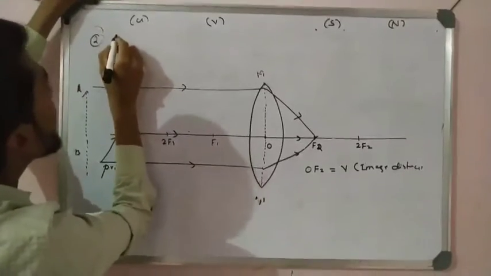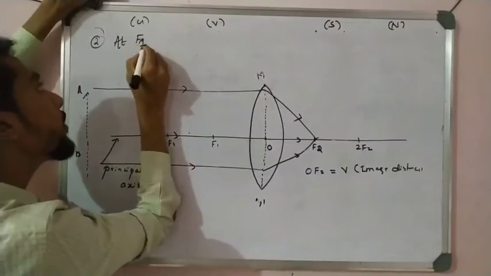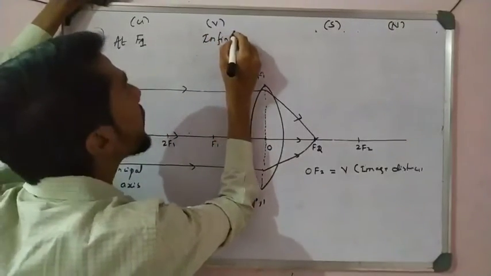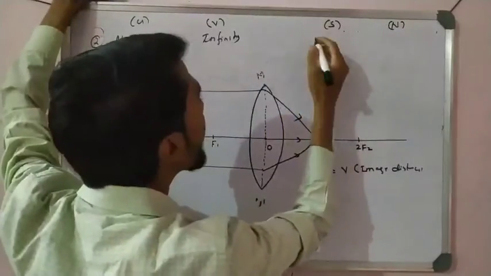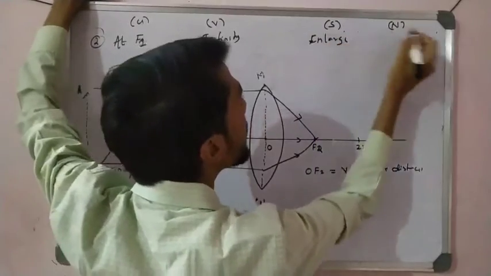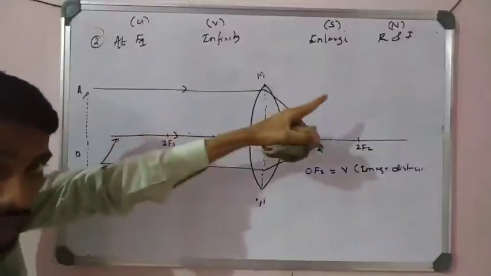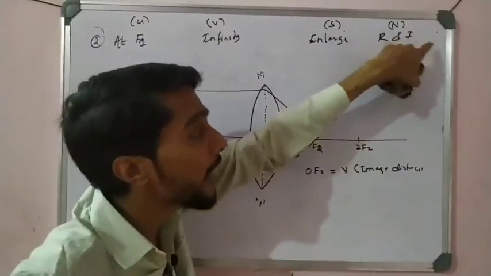Now at infinity, reverse, I take the object at the first focus point F1. So where is the image? You are right, infinity. Clear? Now infinity means what is the size here? Right, opposite, and large, and the nature is what? Real and inverted. You should not write shortcuts in the examination, you write in full: real and inverted, right?